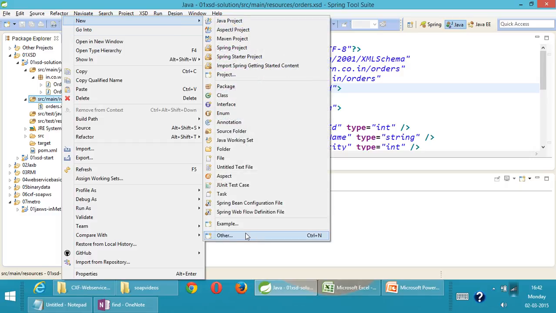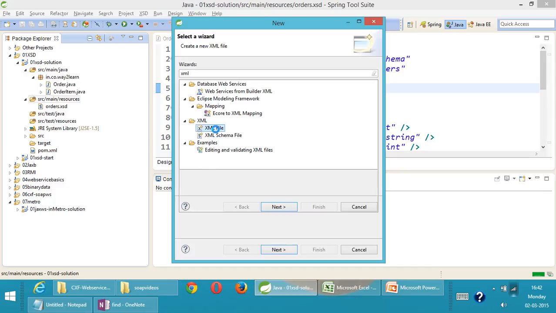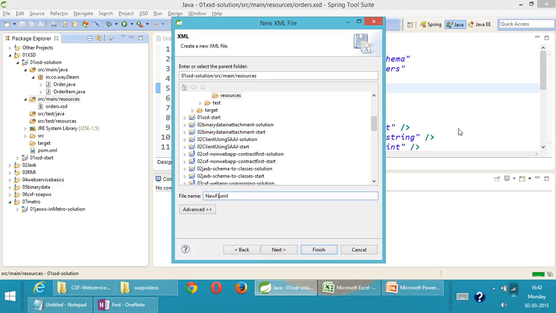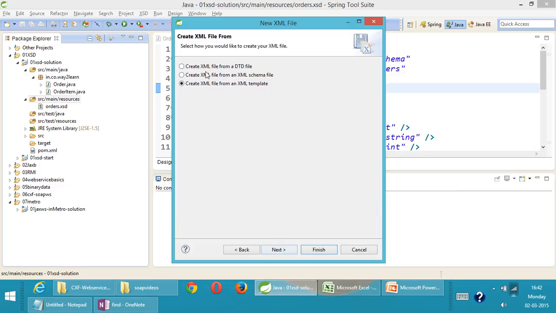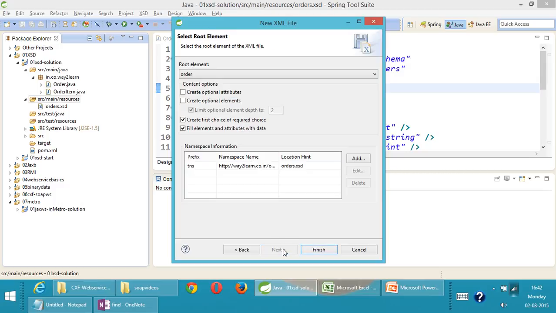So new, other, XML file, and say I'll just give some name, test.xml. Next, create an XML from some schema file. Next, which schema file? I'll just go here, search main resources orders.xsd. Next, it's asking what are the prefix names to be used and all, and also it's asking what should be the root element. See, order, because I defined an element tag, it's asking what should be the root tag: order,